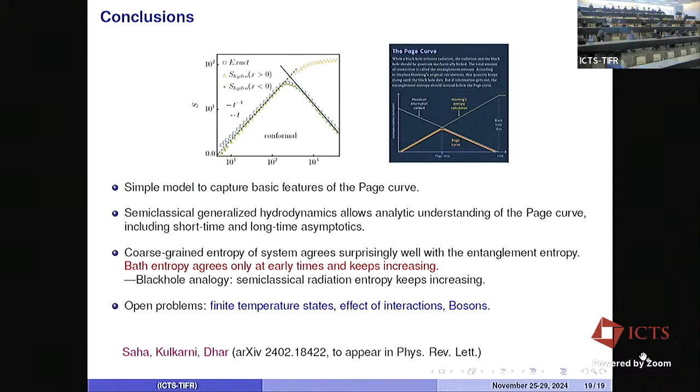Yeah, but even here it's surprising that it works. No, I'm just wondering, is the fact that it works in some sense a result of there being so many conserved quantities, the system being integrable? Like, is that something which is helping you, or is it sort of surprising that it works despite the fact that it's an integrable system? Yeah, see, part of the entanglement is probably just thermodynamic entropy, right? So that should be captured by hydrodynamics even for a non-integrable system. But I am not sure. This is just a guess.